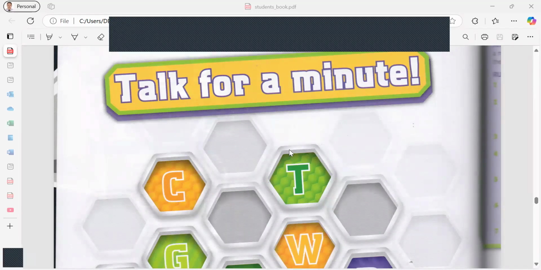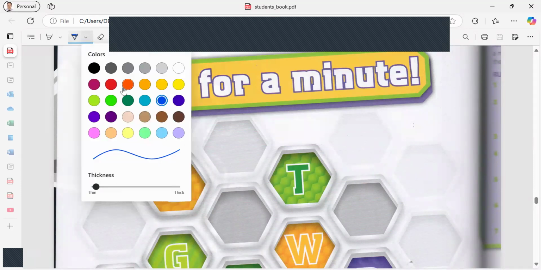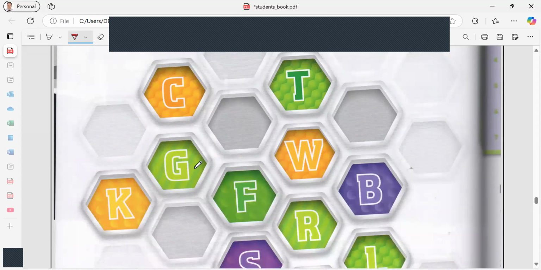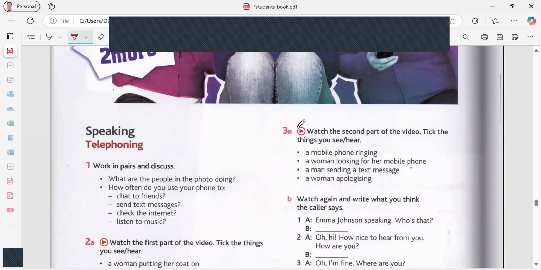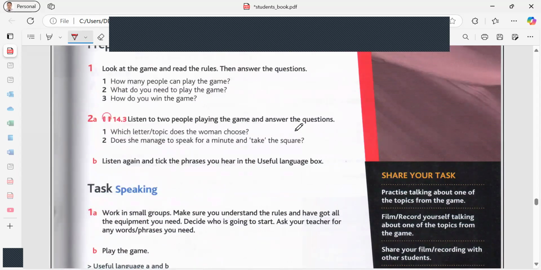As you will see, this is the game, Jude. Talk for a minute, as you see. This is the title. I give you, number one, you should choose a letter, any letter, Jude. Whatever letter you choose, we need to go to the question banks in page